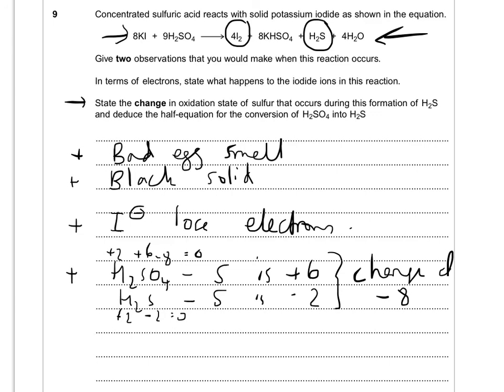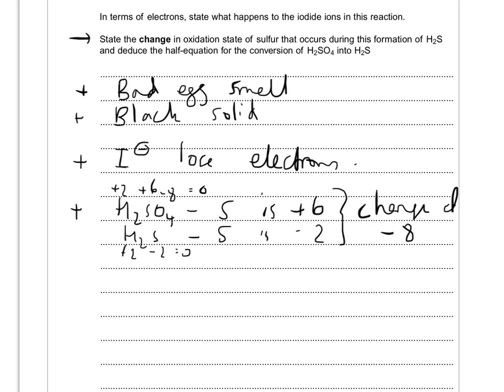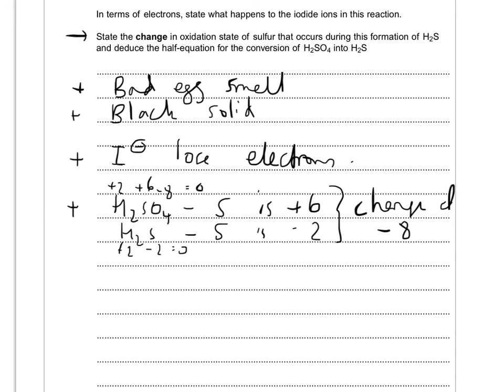Then finally, deduce the half equation for the conversion of H2SO4 into H2S. So we're converting H2SO4 into H2S. First balance anything that's not hydrogen or oxygen, sulfur's already balanced, then balance oxygens with water, so we need 4 waters on this side, then balance hydrogens with H+, so we've got 8 here, plus 2 here is 10, we've already got 2 here, so we need another 8 on this side, so it's 8 H+, and